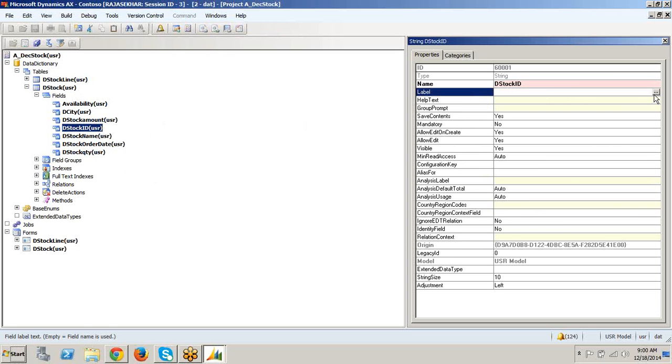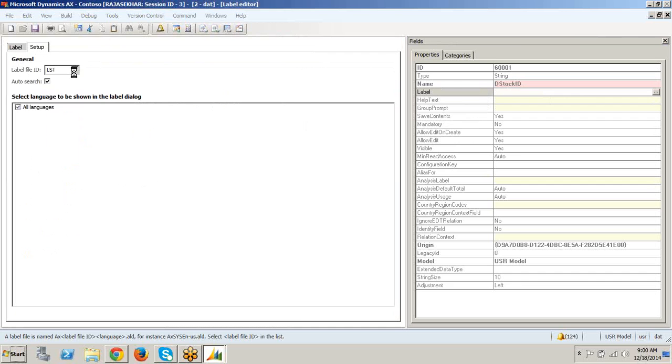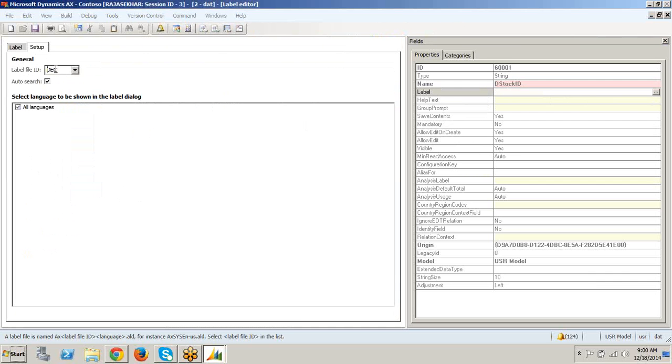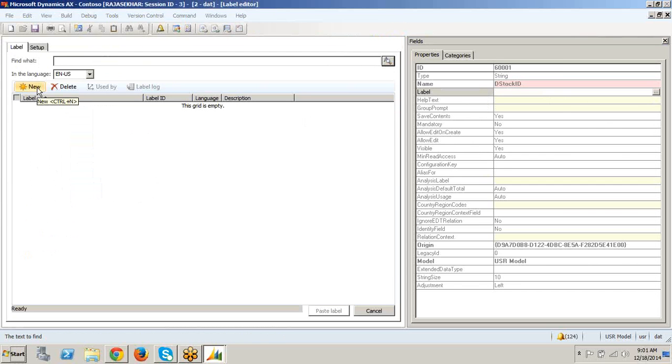Here we have the label extension button. Click on this. In the setup, you select DEC. This is a label file ID that we have created. DEC. Go to the label, click on new.